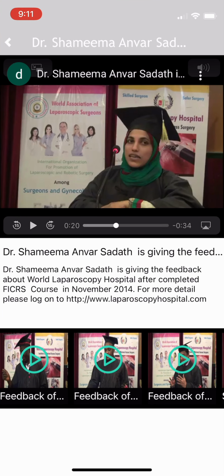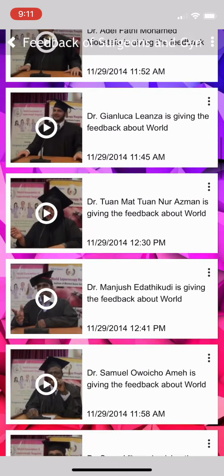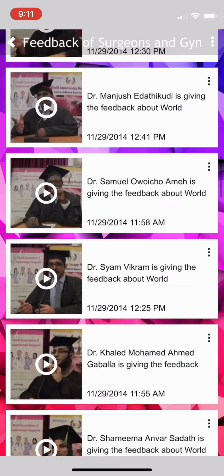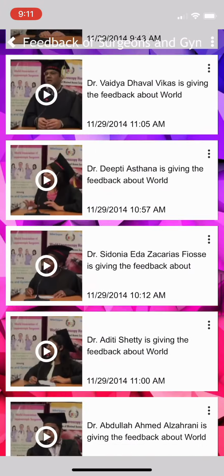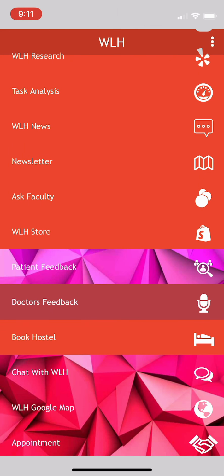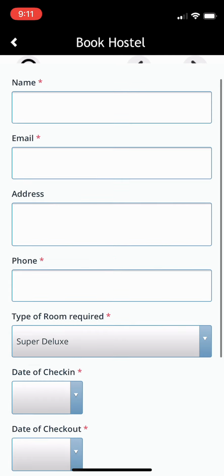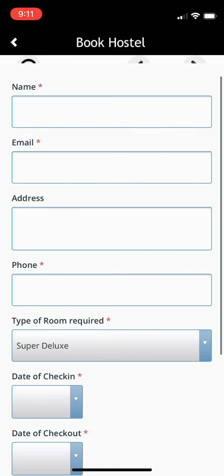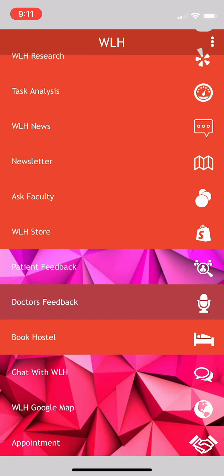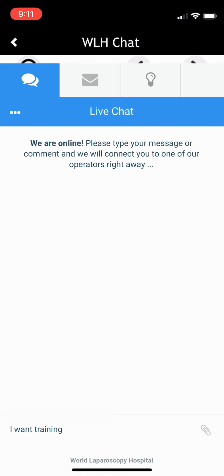Now coming back, the next section of our app, you can browse it from the top. You have the arrow on the top, and that is very important. And now you can see the next section, and here we go to the hostel. If you want to get hostel, you can book your room, and if you are a prospective student, then it will be very useful. Even the patient also can book their hotel.